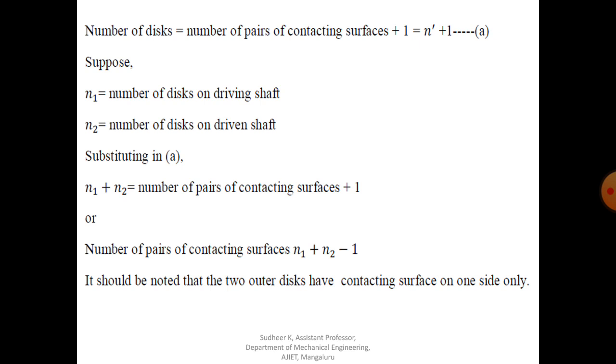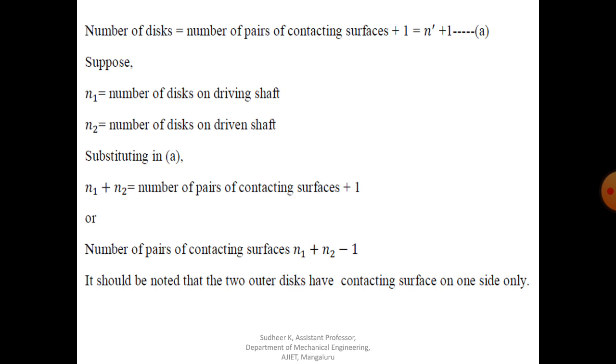And what is the difference in mean diameter in the case of uniform pressure and uniform wear theory? You have to use two different expressions to find the mean diameter, because while finding the operating force or actual force, and similarly the torque transmitting capacity, you have to substitute the mean diameter, so you have to take care. Now at last we discussed the construction of multi-plate clutches, along with the difference between single plate and multi-plate clutches. So this is all about clutches.